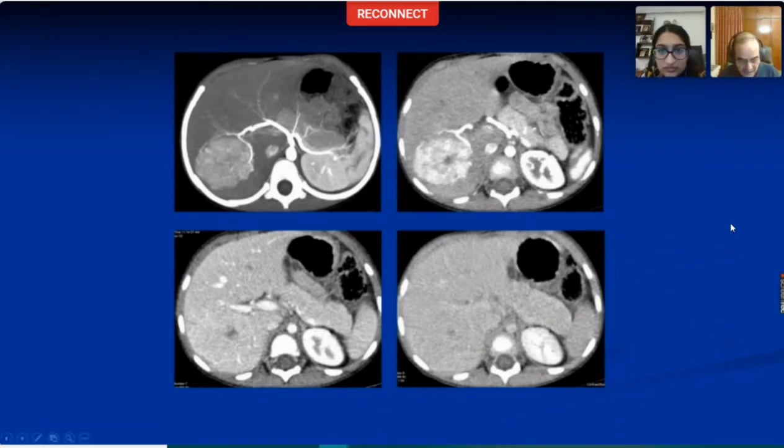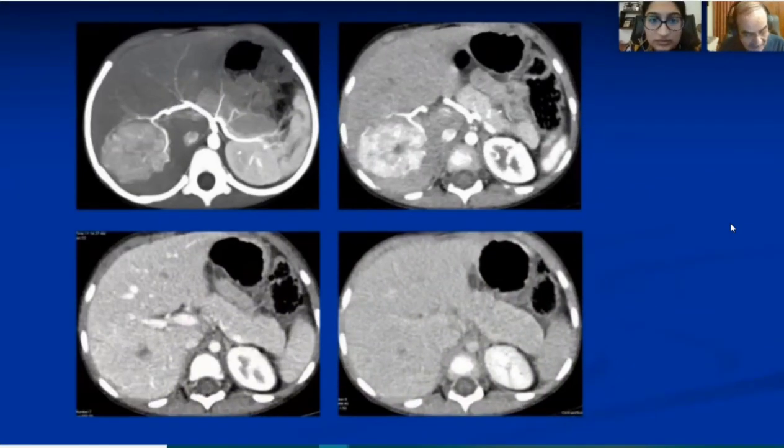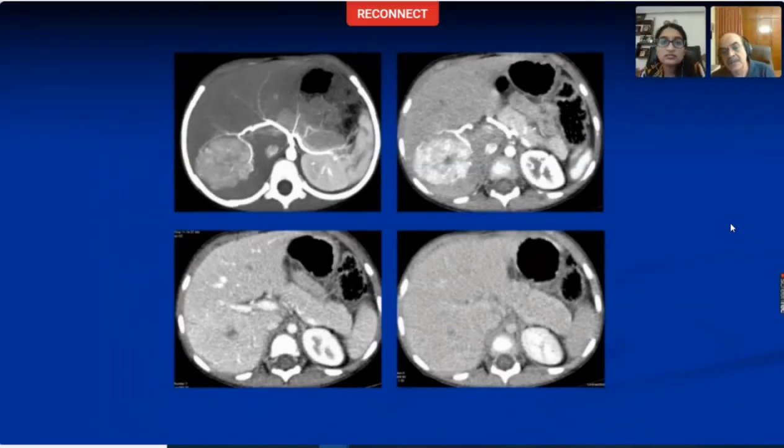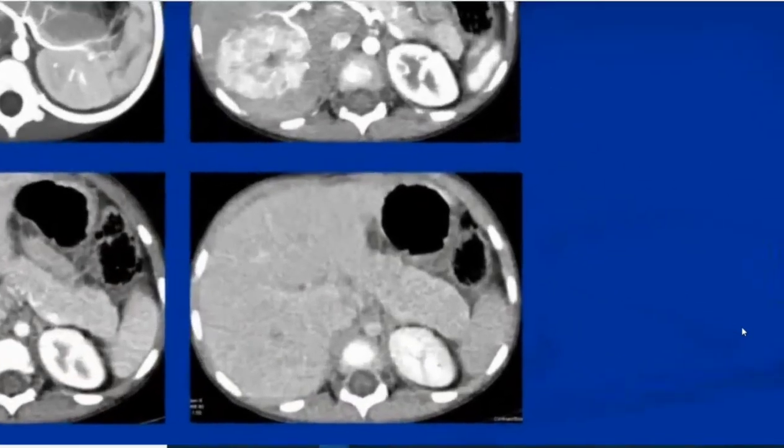FNH in the liver typically occur in the background of vascular anomalies affecting the liver. They can also be seen in cancer survivors, especially in children. You get FNH-like nodules in patients who have undergone chemotherapy. So it's important to remember this fact, because when you are following up patients who have been treated for abdominal malignancy, and you start seeing new liver nodules, the first conclusion that we jump to is that these are